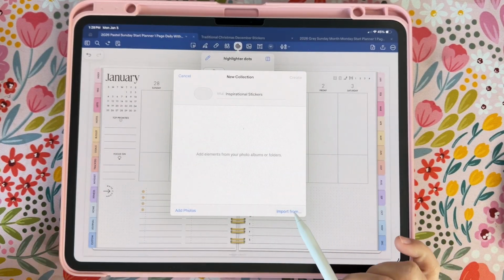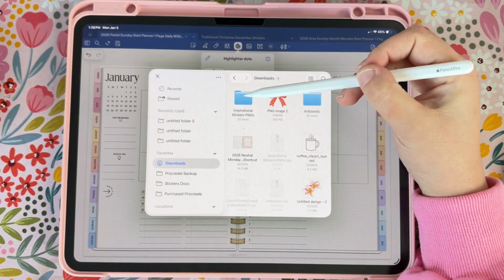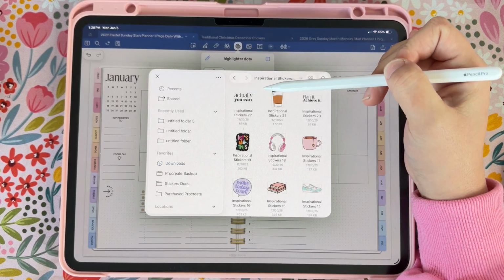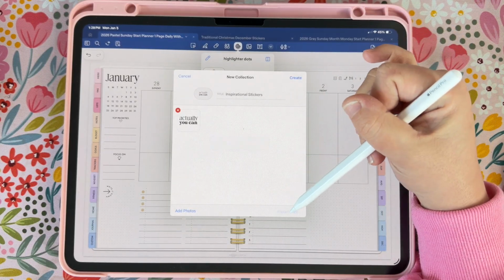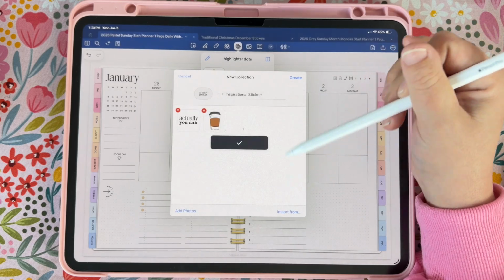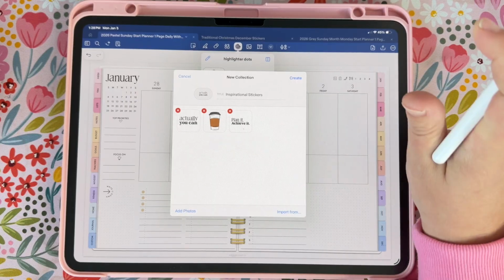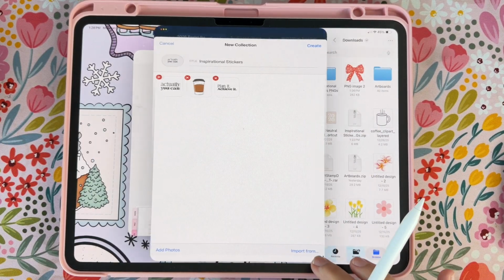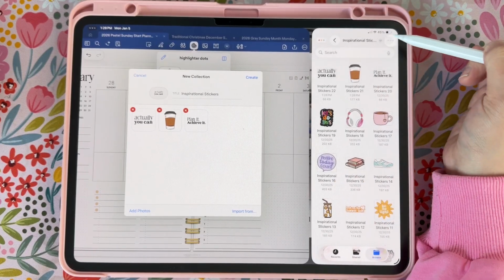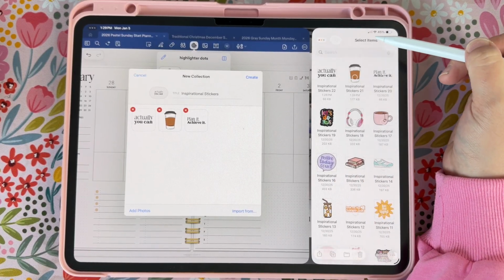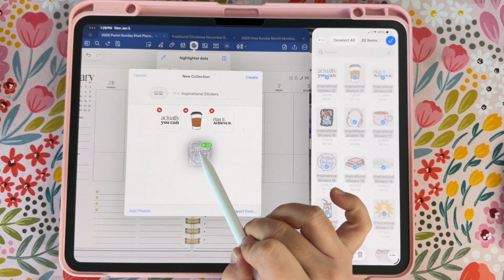Now what I'm going to do next is go to import from, go to my files wherever I saved those PNGs. They're right here. And now I can select all of these and I can drag and drop them in. Whenever you're selecting all like this, you kind of have to import them one by one, but there is another option. So you're going to make your Goodnotes smaller, go over here to your files where you opened your PNGs, select all of them, and then you just drag and drop them right over into the collection